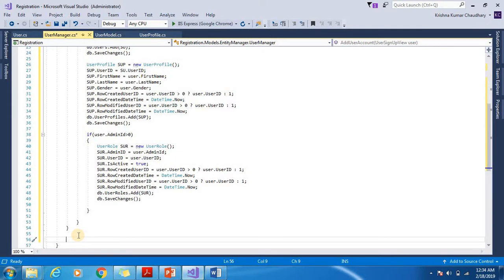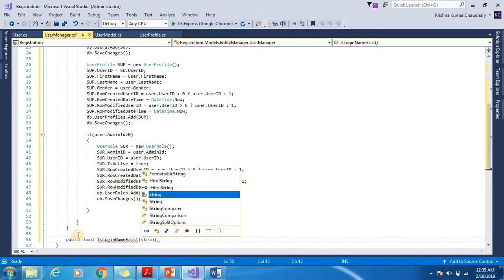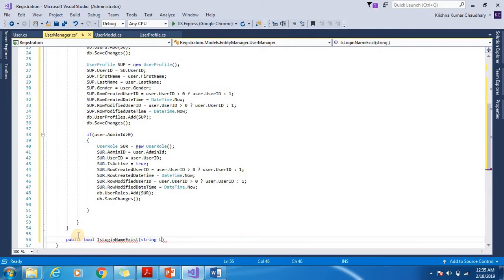Then second method, public bool is login name exist, so string login name. I keep this a small letter so we can identify it and do not mismatch the login name. Okay,